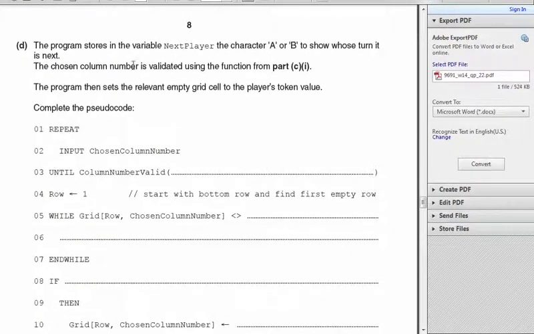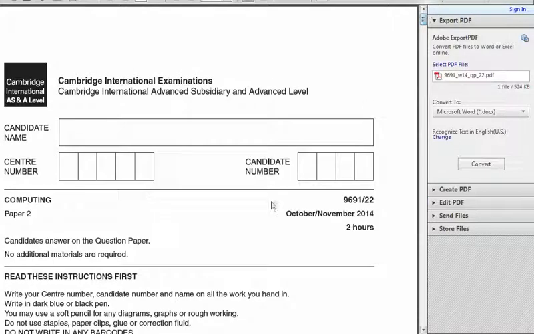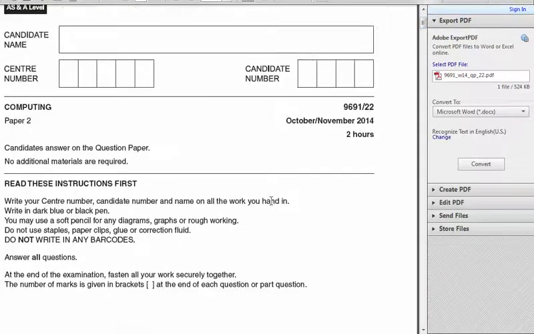Okay, the program has stored the variable next player for A or B to show whose turn it is next. Okay, so just to finish, that was parameters, parameter passing, and we're looking at Winter 14, Paper 2, version